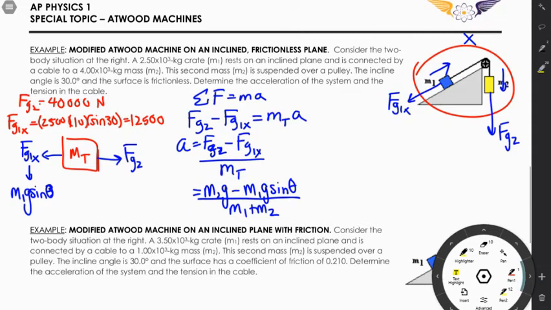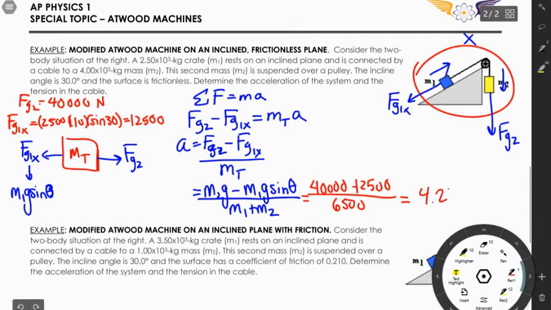You just collect all this to the side so you don't have to plug it all in and take up space. And M1 plus M2 is 6,500. So you would do 40,000 minus 12,500 over 6,500, divided out. You get an acceleration of 4.23